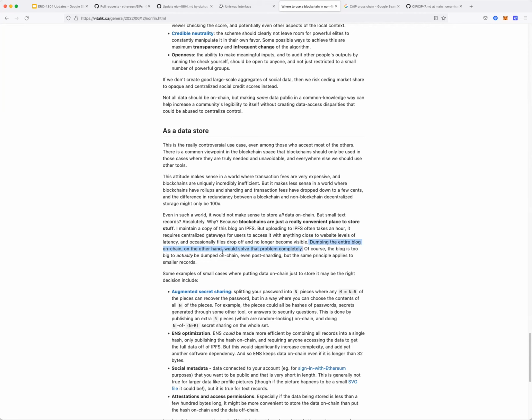If we are able to do it on chain, then we can solve a lot of problems, especially with static IPFS. With EVM, we can compose all the users' comments and articles, put them together, and dynamically create them.